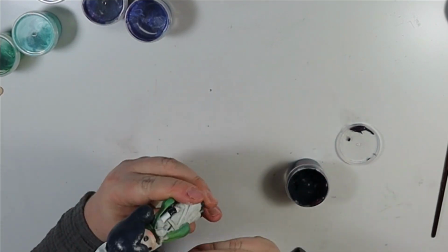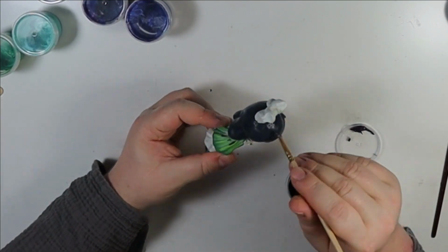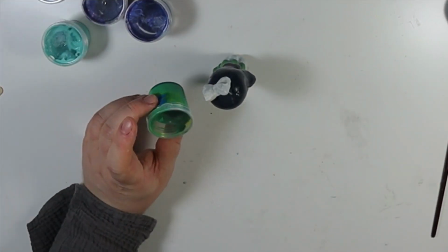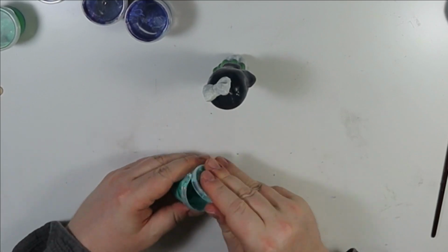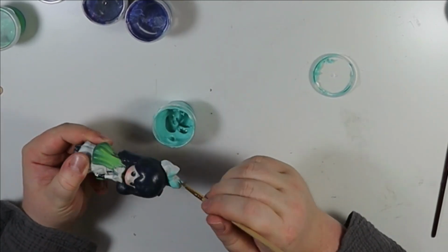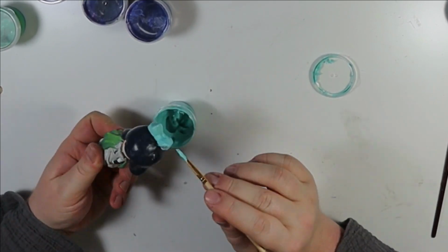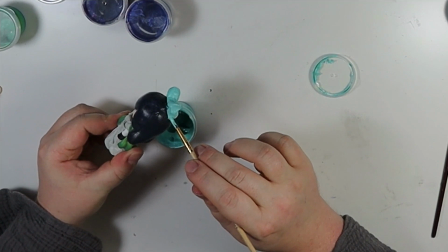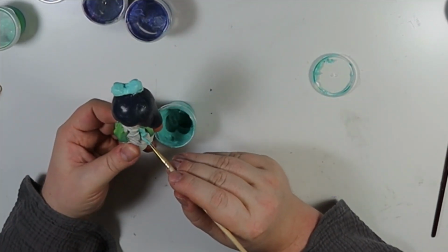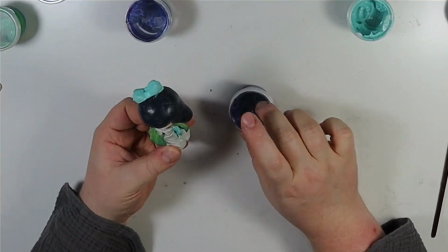I only show the first steps because, let's face it, you know how it looks to put color onto a surface. I hope. And if you don't know, I think watching me putting color onto her hair should be enough. So, yeah. Then it was just after the 3 layers were done and everything was dry,